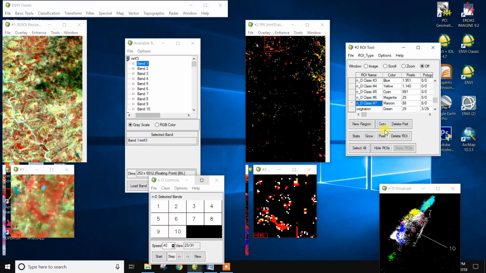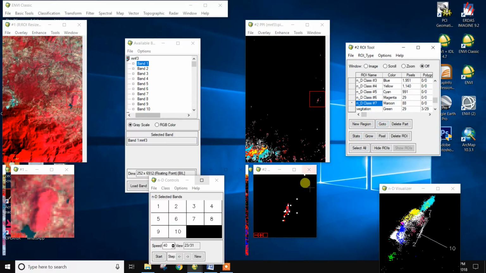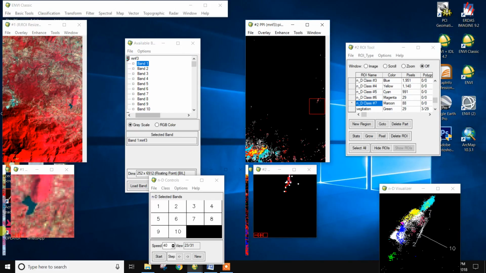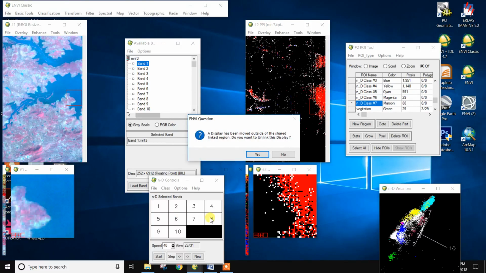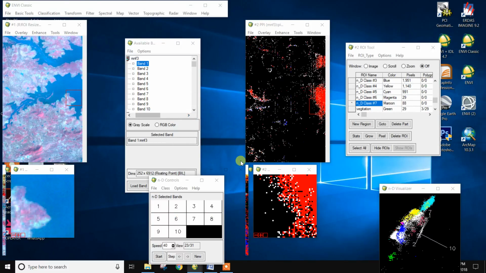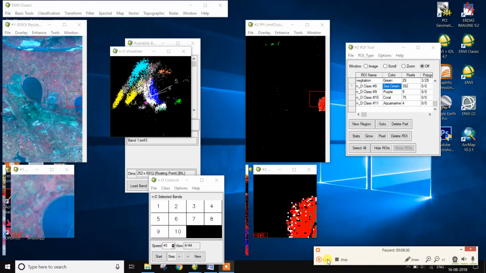Next is class number 8, to see green. There is the vegetation and water body.